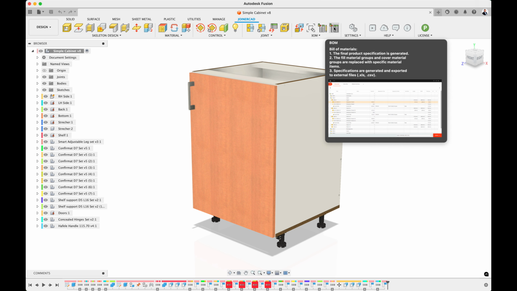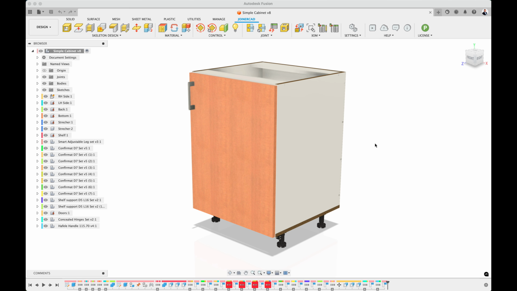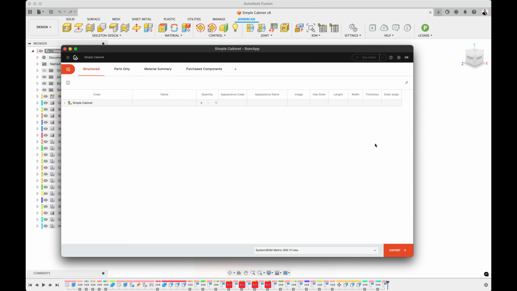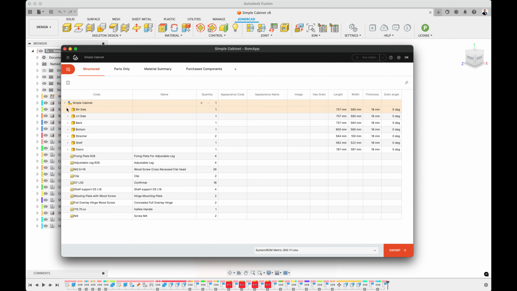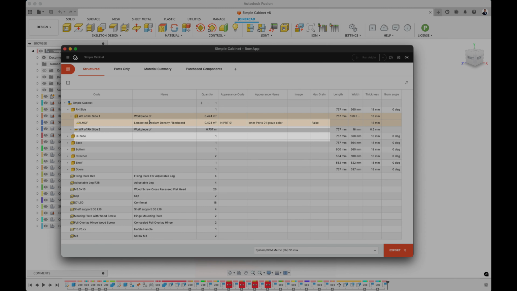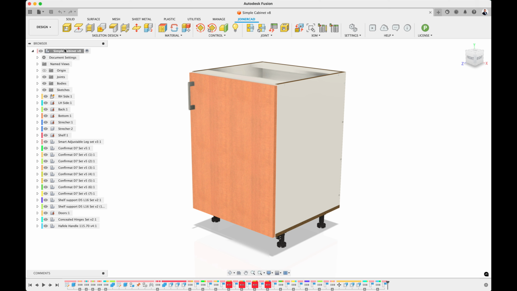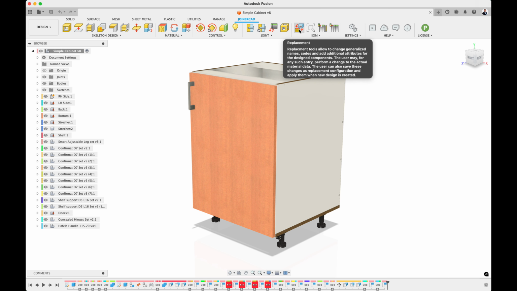First, I will run the BOM generator and show the generic things that are assigned to the model shown. The replacement command is now called from the main ribbon.